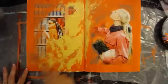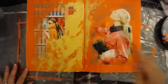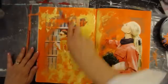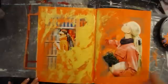So I think I'm just going to do lightly. And the other thing I'll show you too, if we have time, toward the end, is you can go back and put your inks, take your ink pads and distress around the edges. So depending on how distressed you want it or not,